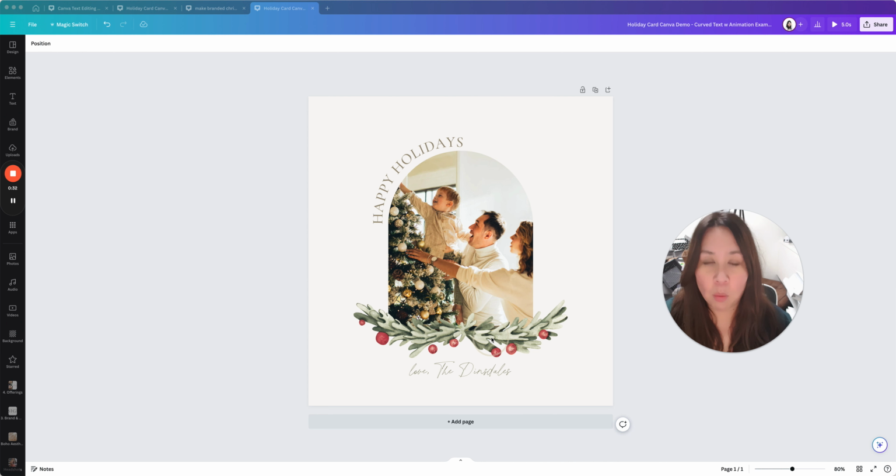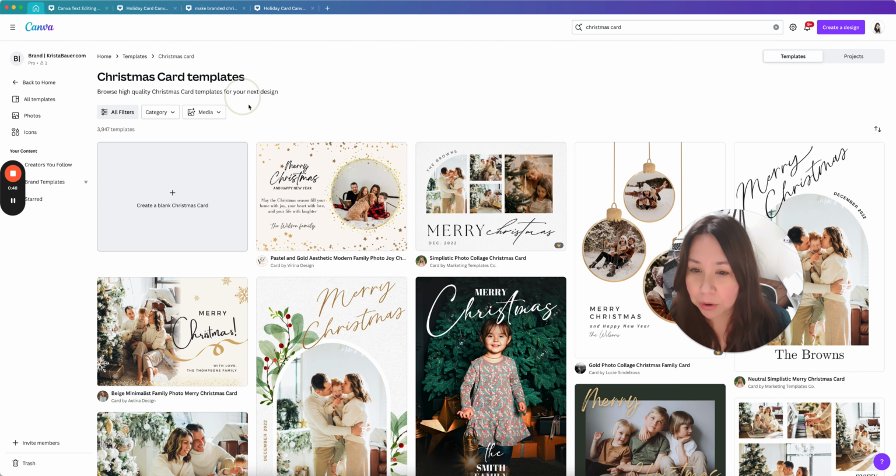And I thought, why not just create it from scratch so that I can show you some of the various tools within Canva that maybe you either don't know about or you're not using them to their full potential. So normally what I would advise clients and students to do is, I'm just going to head back to Canva's home screen. And normally what I would do is, if you're going to create, let's say, a holiday card, Canva